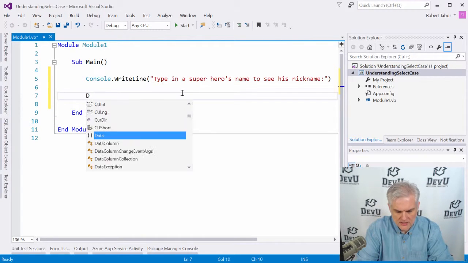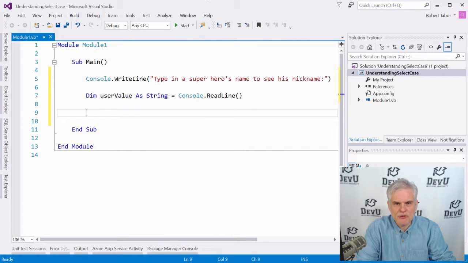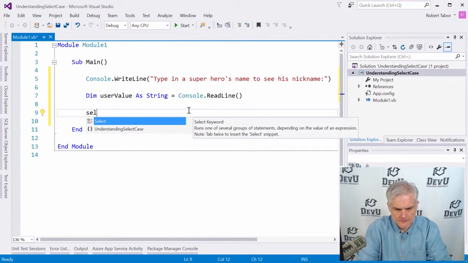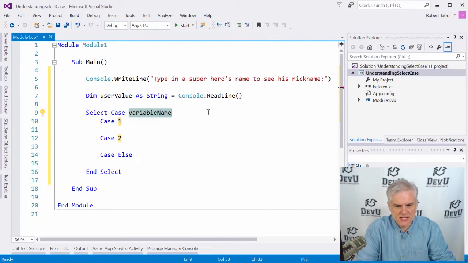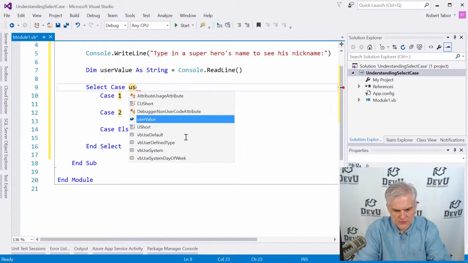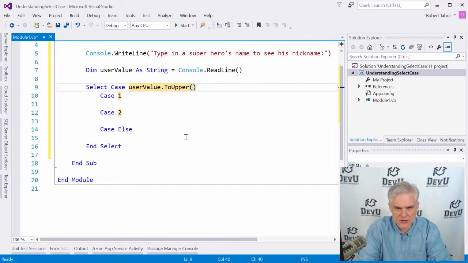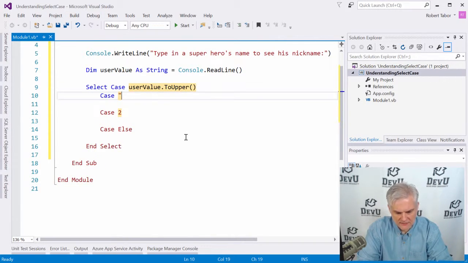All right, and then let's go Dim userValue As String equals Console.ReadLine. And then now we're going to use Select Case. I'm just going to hit Select, Tab, Tab, and you can see the format of a Select Case statement. So what we'll do is evaluate this user value. And in order to make sure that we are comparing apples to apples, I'm going to call the ToUpper function like so. So that, and here I'm going to hit Tab, we can check for Batman, for example,